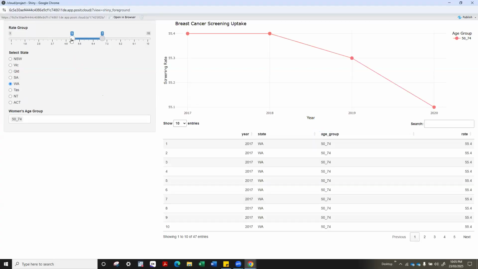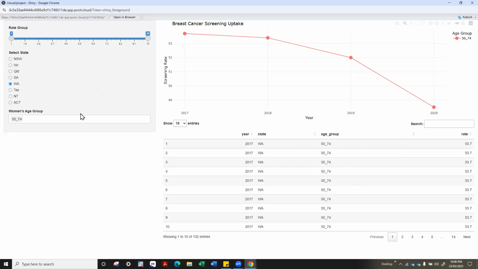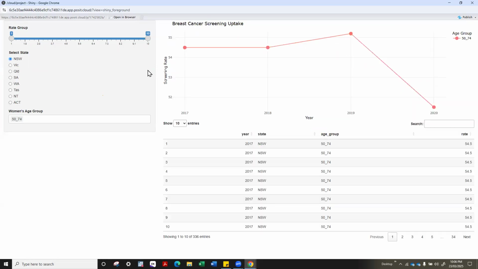So let's expand this one a bit and wait a minute. It's just taking some time because I'm using the Posit option. So this is one of the input options, that means the user interface, and this is the outcome. We have rate and we have it by state. The default is Western Australia, and as you see, the initial default was 5 to 7. If I change to New South Wales, everything changes, and you can hover your mouse and see